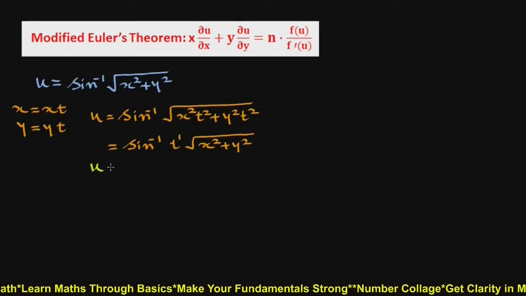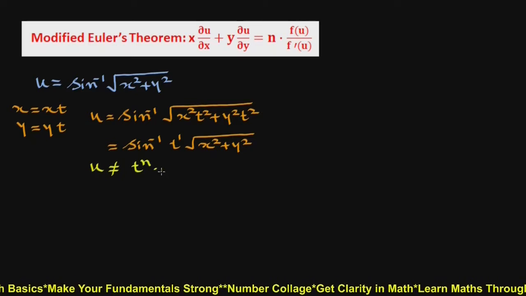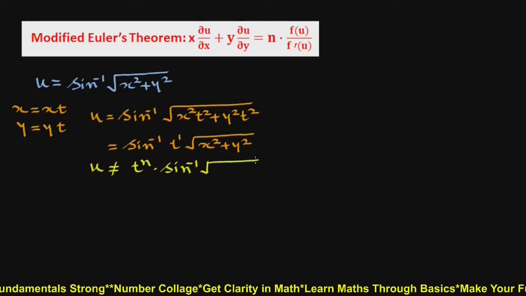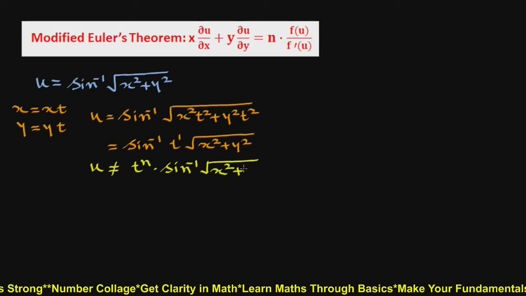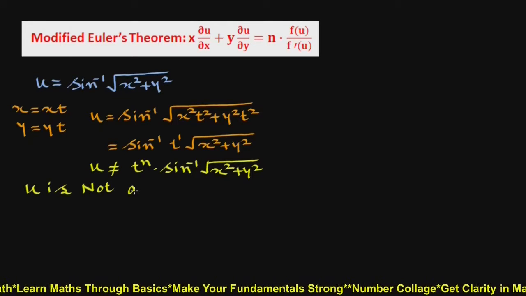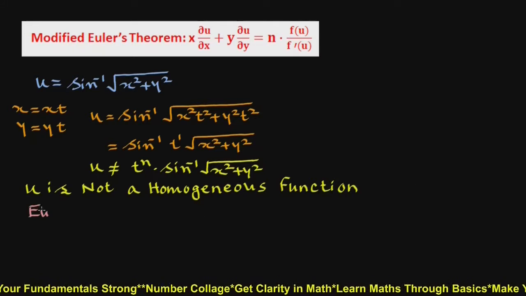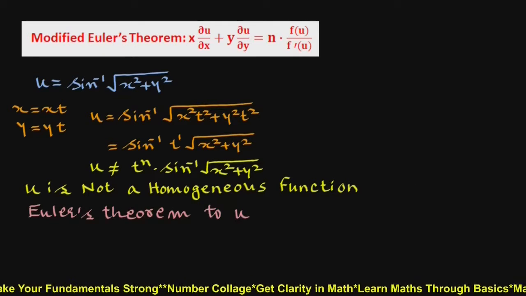Here u is not in the form t^n times sin⁻¹ of the square root of x² + y². Obviously, u is not a homogeneous function, so we cannot apply Euler's theorem to u,